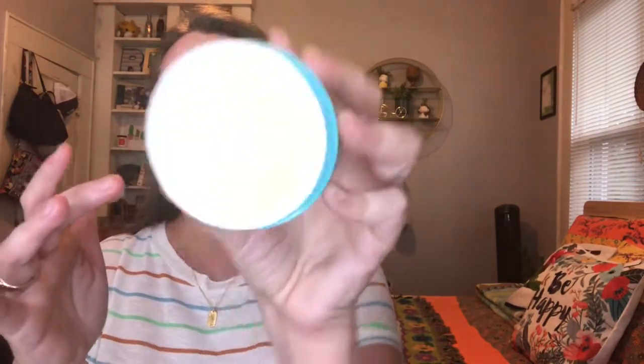So it smells super citrusy, so it's definitely not scent free, and it's a very strange kind of, you see right there, it's kind of like a jelly texture. At first feel it's super thick, so I don't know how much of this I need to use. I just got a little bit out on my finger, and I'm just gonna,